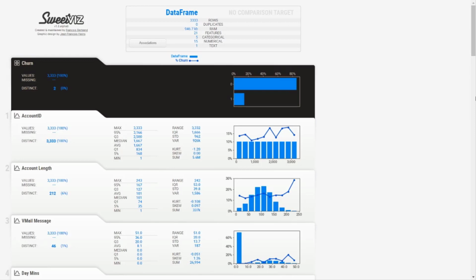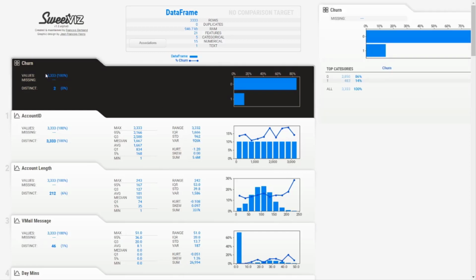Let us look into the output one by one. The first one is our target variable, churn. The moment you mouse over this particular section, you can see the distribution of your churn. It will show only when you have the mouse cursor on top of it. If you want to make it fixed, you just click on this. You can see there are about 250 customers who did not churn and about 443 customers who churned out. So the distribution is 86 versus 14.